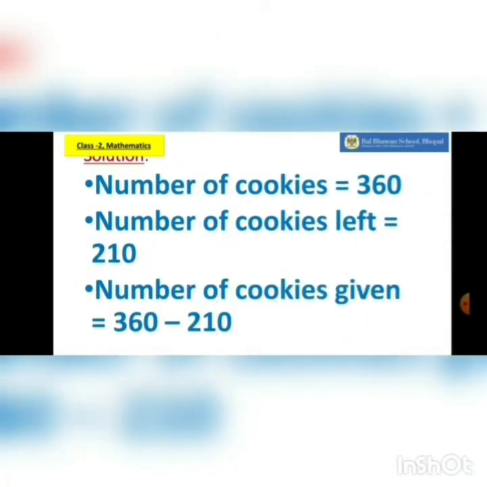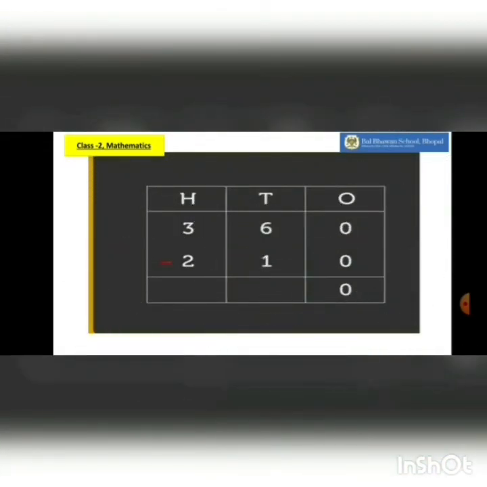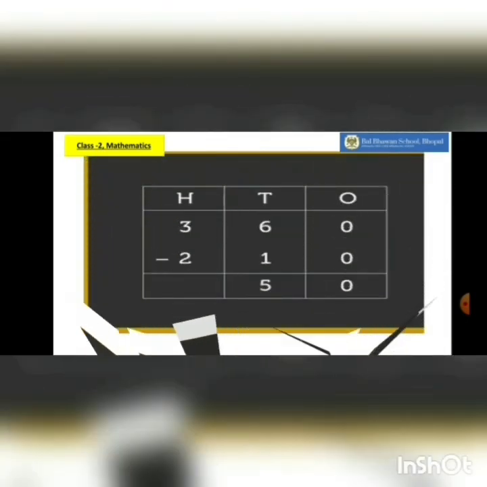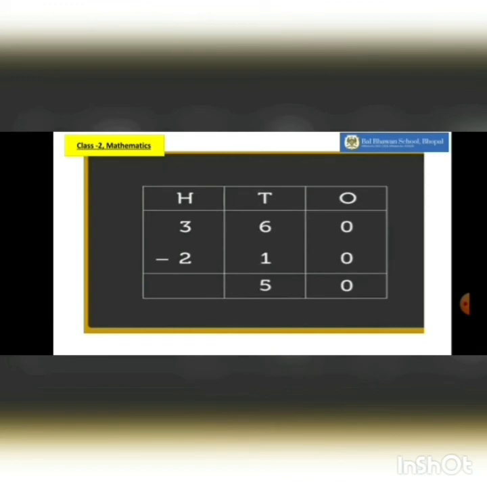So when you write in your notebook again, it is very important, children, that you write the three statements first and then you solve it. See, we are solving it after writing it vertically. So now take the ones place first and you are subtracting from the ones place. That is 0 minus 0 is 0 because 0 is nothing. Now we come to the tens place. So here, do we need to borrow? No. Why? Because the upper digit at the tens place is bigger and the lower digit is smaller. So we can minus 1 from 6.